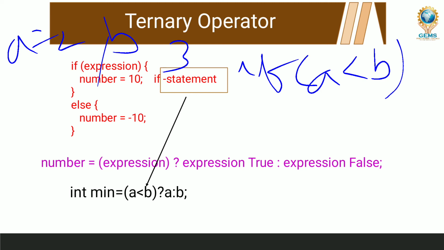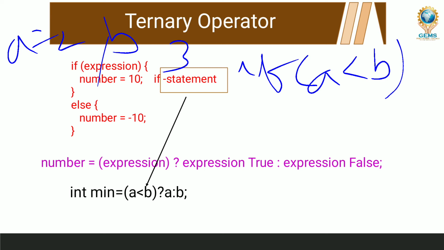Then here we are giving two statements. One statement is yes, the statement is true. The second statement is no, it is wrong. When the condition is true, it will execute the first statement. When the condition is not true, it will execute the second statement. This is the process in the if-else statement. I already said that the if-else statement and the ternary operator are the same. The same scenario is applicable here.